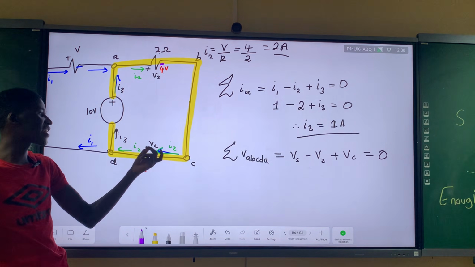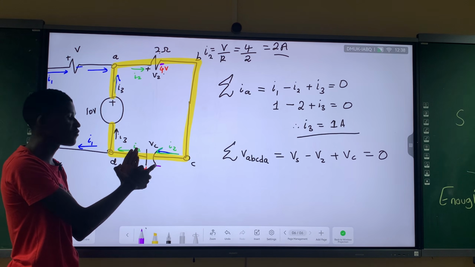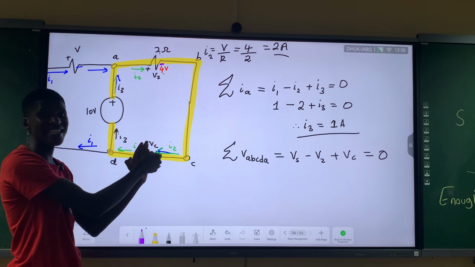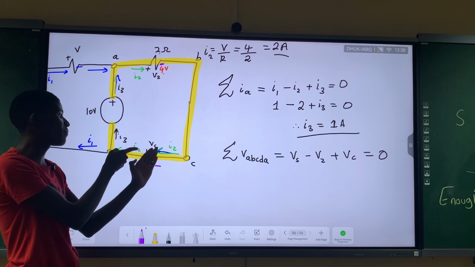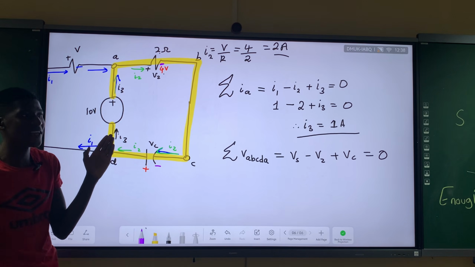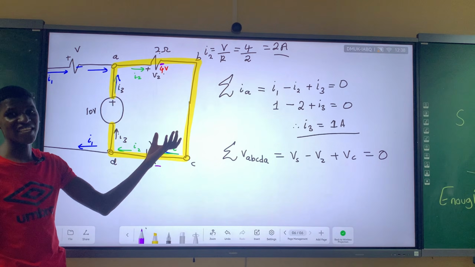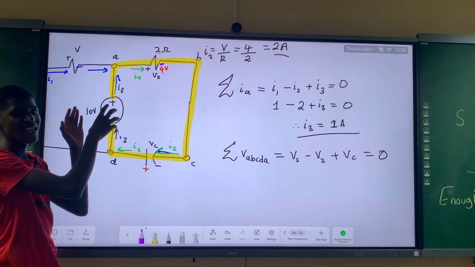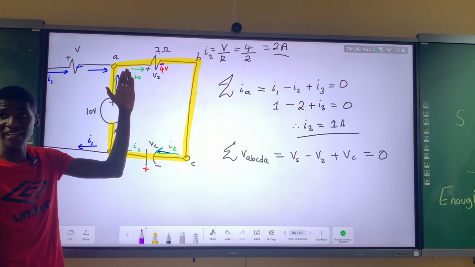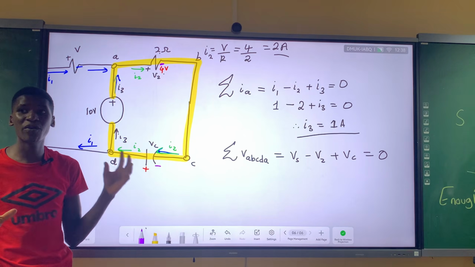Similarly, at the capacitor, if this is the positive plate of the capacitor, the other will have to be the negative plate. So the current enters at the negative plate and leaves at the positive. If the current leaves at the positive, what happens? We have a voltage gain, just like at the battery source, where the current leaves the positive terminal. That's why we have a gain. So that's another way of seeing it.